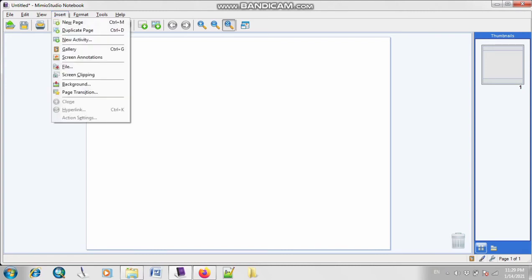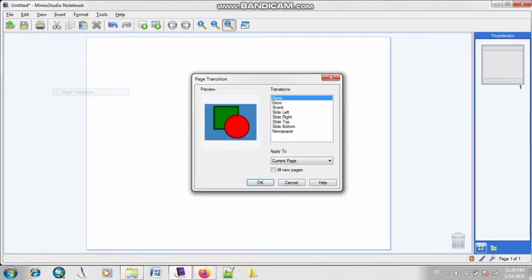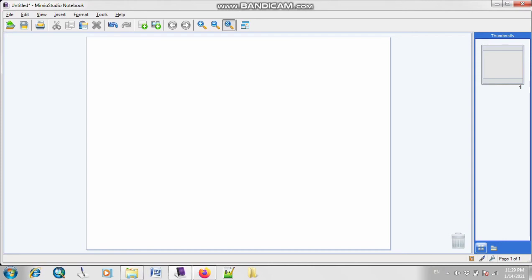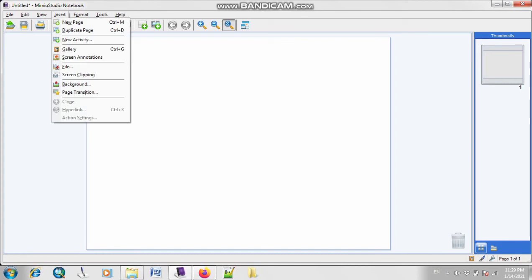Okay, so now I will use the option of page transition. I will click on this option. Here I will choose the movement. Transition is basically your movement from one page to another. I will click on this option of grow. As you will see, when I click on this option, the movement will automatically appear here, so you can have a clear idea what kind of movement it will be when you apply it. So I'm going to use grow for the whole document, and click on OK. When you move your pages, it will automatically show a different movement. We will see it later.